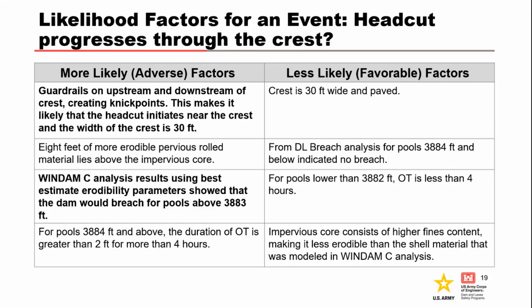So this is a common thing that we want you to do: as a team, once you've got all your more or less likely factors listed down, discuss them, decide which ones carry more weight, bold those, right? And if someone bolds something that you don't know why they bolded it, say, hey, I don't understand why you think that's a strong factor. Make sure we're all getting on the same page with this.